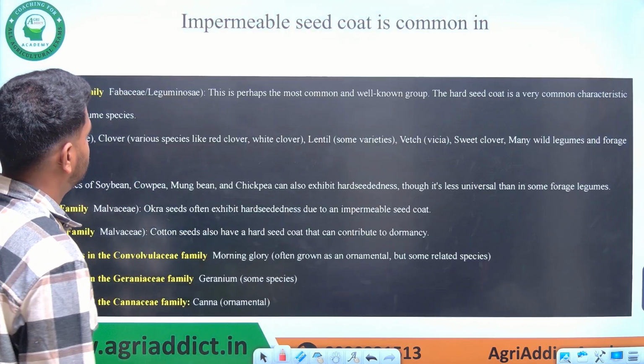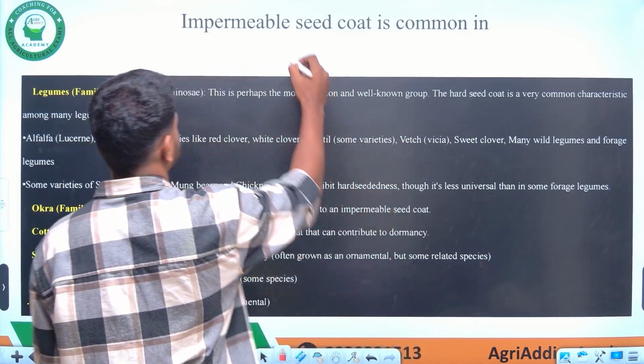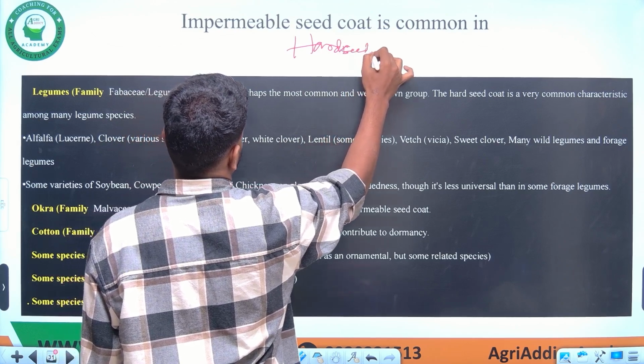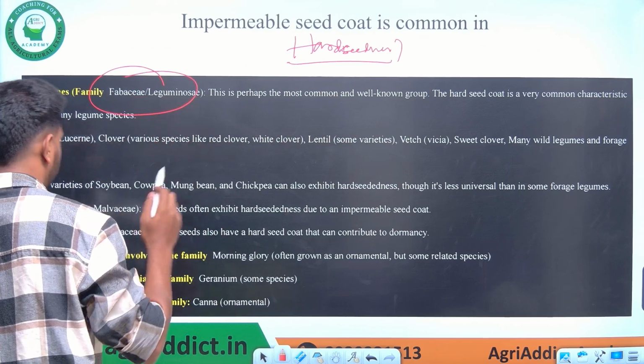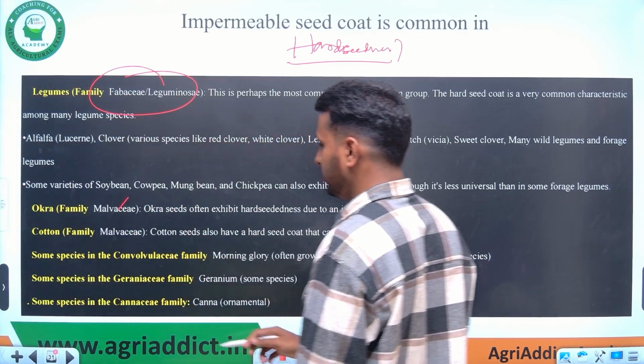Next, impermeability. I talked about impermeability of seed, which is hard seededness. So hard seededness is common in, I told you, one family. But what about the other family? Other than legumes, it is also common in okra and cotton, that is the Malvaceae family, and some species of the